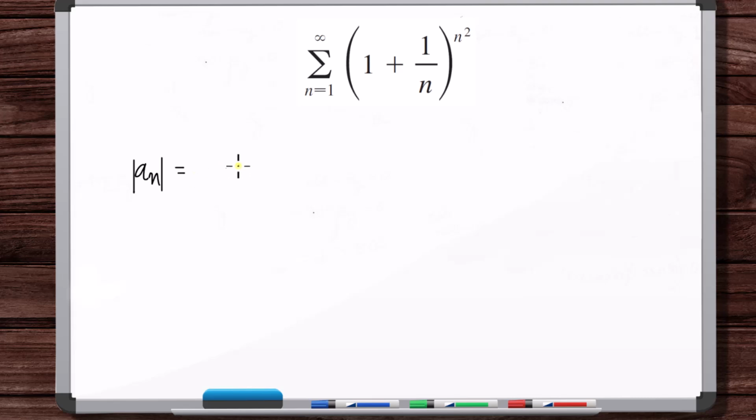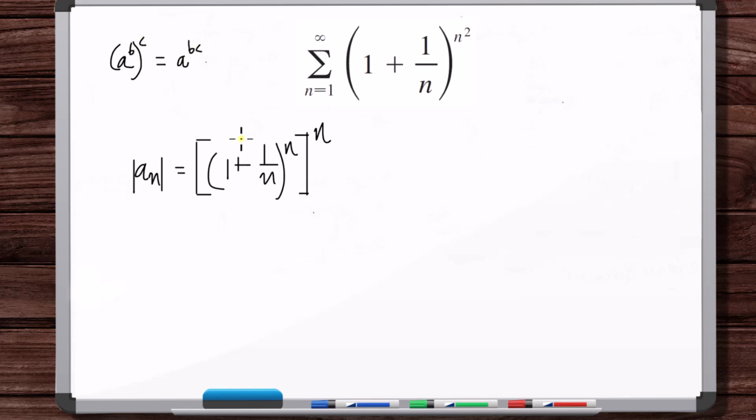But, okay, we can write this way. Right? Based on properties of logarithm or properties of exponents. Okay, so in that case, the nth root is